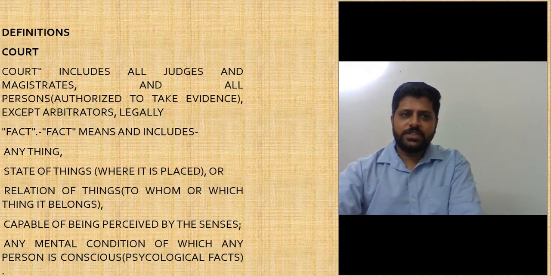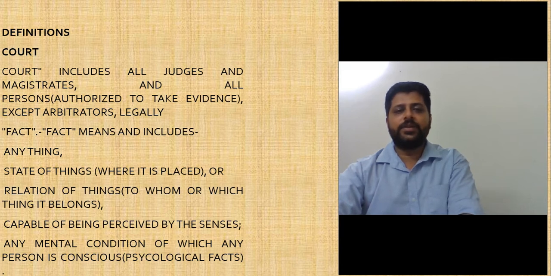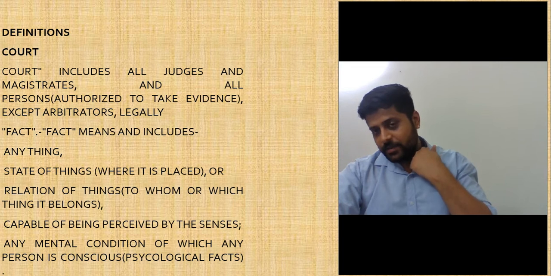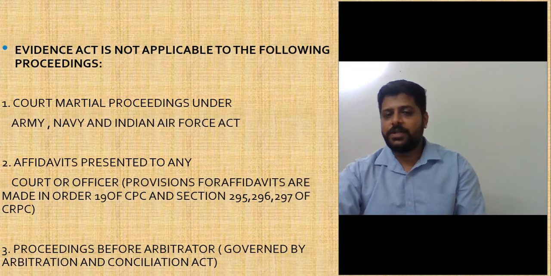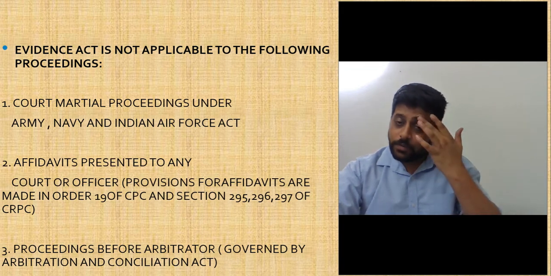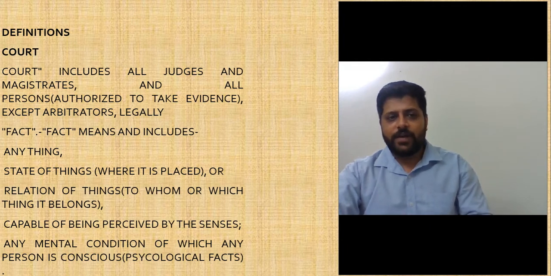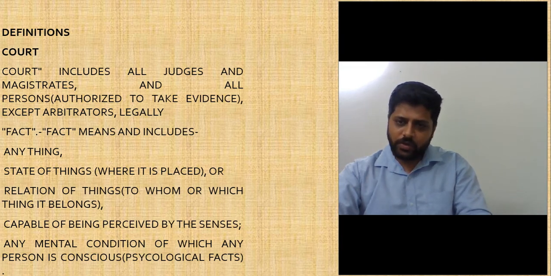Our first definition is court. The court includes all judges and magistrates and all persons authorized to take evidence, except arbitrators. In our previous definition, you saw that the Evidence Act is not applicable to proceedings before the arbitrator, and again in the definition of court, the arbitrator is not included. Why? Because they are governed by their own law, and